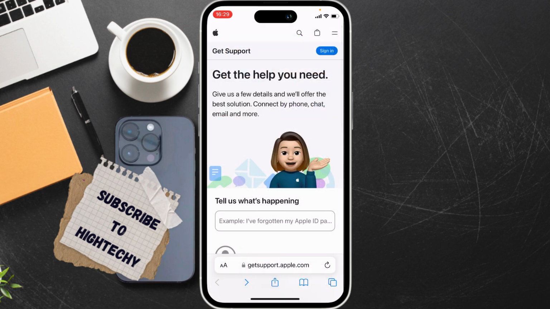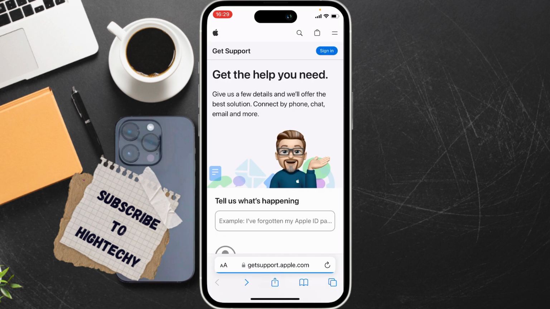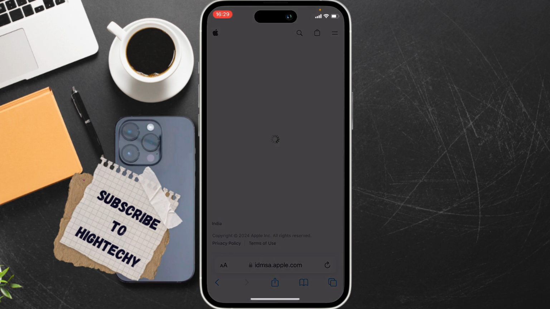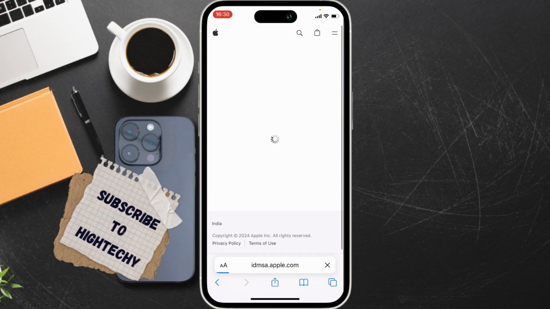So for this, open your browser, type getsupport.apple.com and reach there. Tap on sign in and sign in using your Apple ID. Tap on continue. And after the sign in is completed,